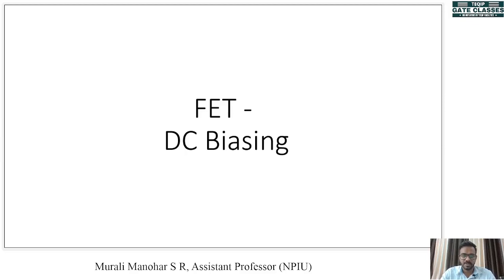So, when we look at biasing, we already know what biasing is and why we need biasing, right? The same concept applies here. The difference between BJT biasing and FET biasing is that in BJT biasing, the input and output relation was linear. We know that our VB is going to be 0.7, and we can find IB if we know VB. So, we got our input quantity, which is IB. And we know that IC is equal to beta times IB.